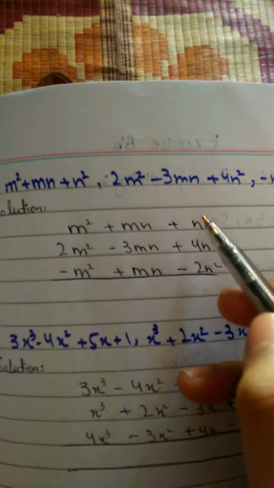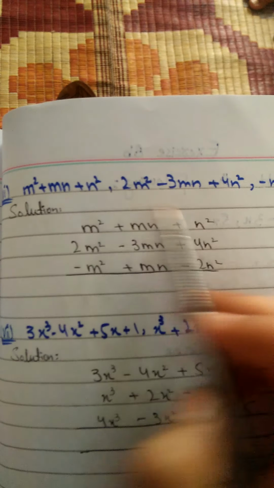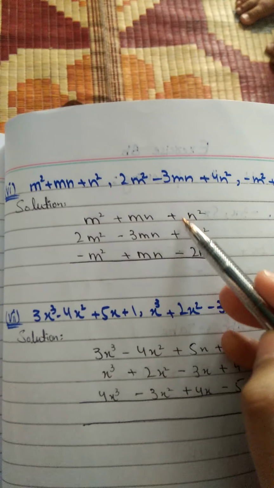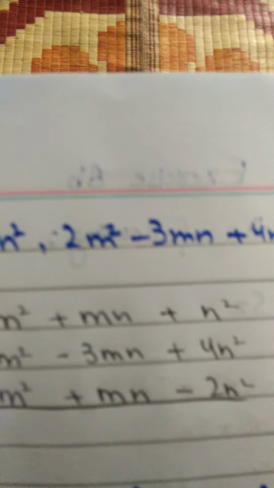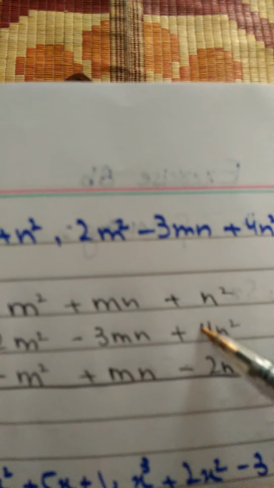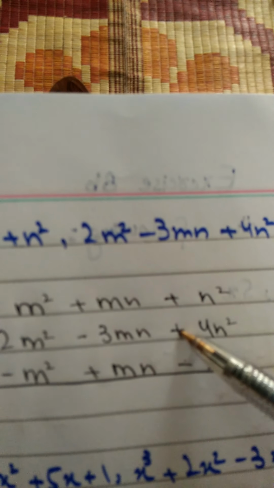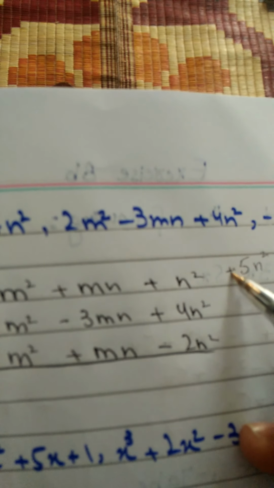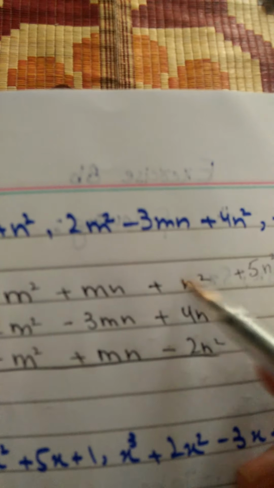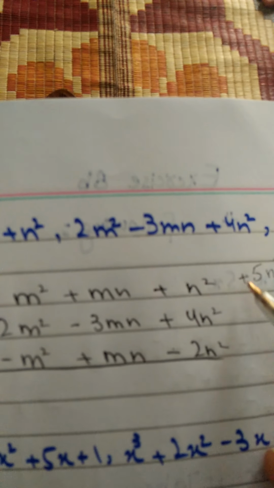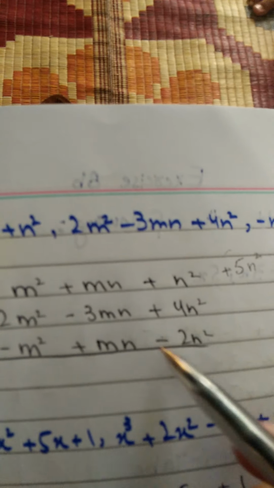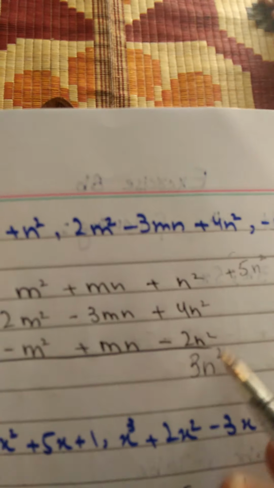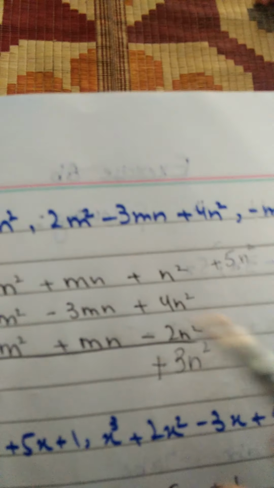In the sixth part, we are given three algebraic expressions. So writing all of these in vertical form so that the like terms are below each other. Now look at these first two terms, plus n square and plus 4n square. We will get 5n square. The sign will be plus. Plus plus plus, 4 plus 1 is 5, and the sign of greater value will be assigned. Now we have to operate 5n square and minus 2n square. Plus minus minus, 5 minus 2 is 3n square, and the sign of greater value, plus, should be assigned.